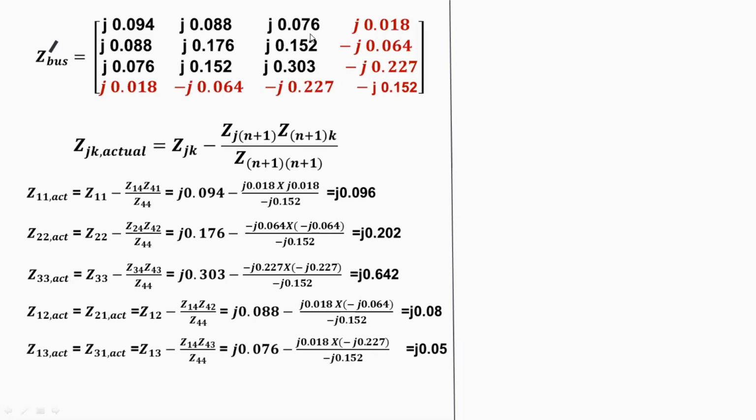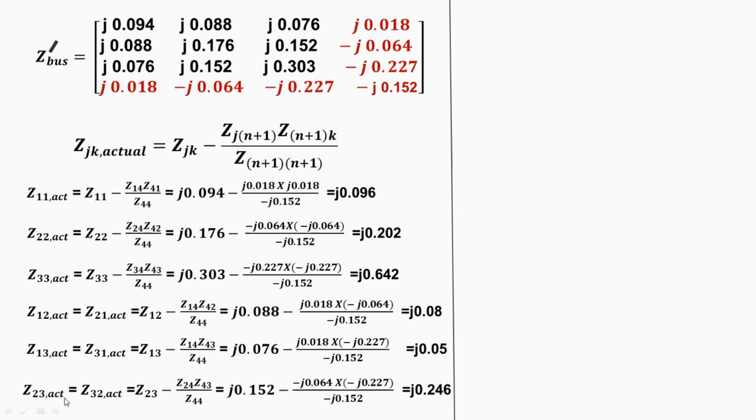Next calculate Z13 actual, that is equal to Z31 actual, that is equal to Z13 old minus Z14 into Z43 divided by Z44. Substitute the values, you get j0.05. Then finally calculate Z23 actual, that is equal to Z32 actual. Substitute all the values from this matrix, you get the answer